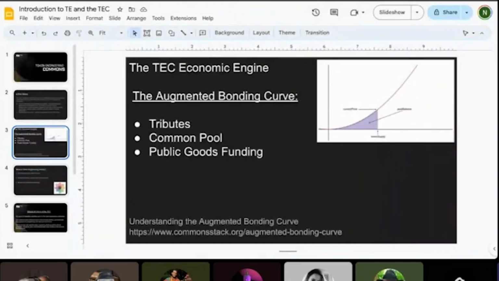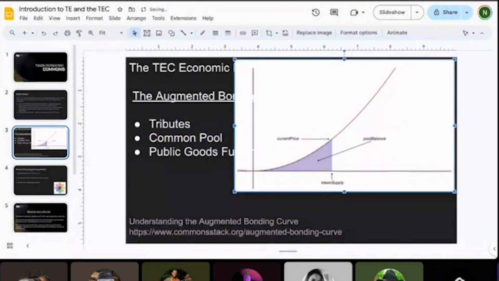than trying to figure out nonprofit models that work. And the augmented bonding curve, for those who don't know, is very similar to your automatic market maker that you have on any DEX. You have a buy curve, and the more money you put into the reserve, the higher the cost of the token, and so forth. It follows this curve. This is how a DEX works. But we have what's called a primary automatic market maker, which means all tokens are minted from this curve. So if you wanted to buy a TEC token, you'd have to put in the reserve currency, which right now is Rocket Pool ETH, and that would mint you